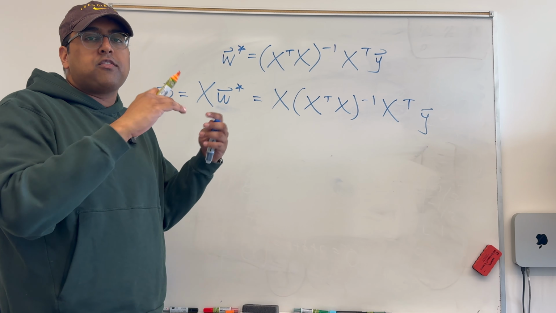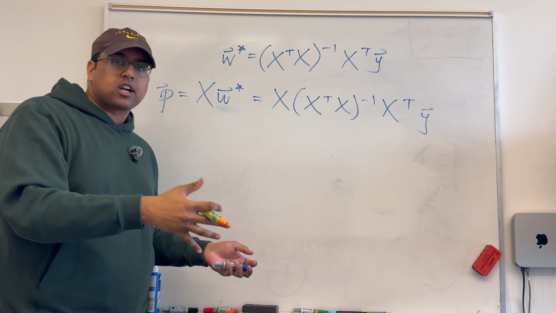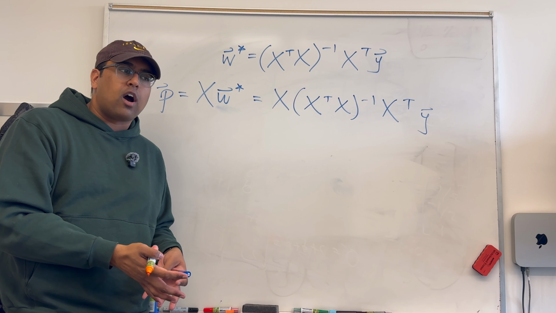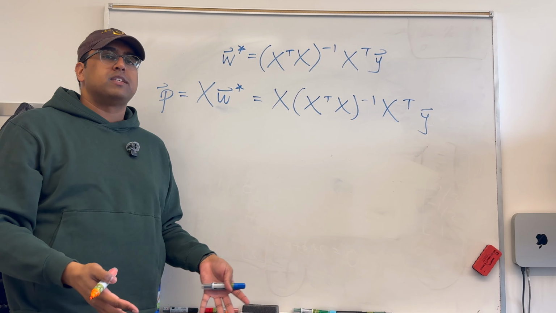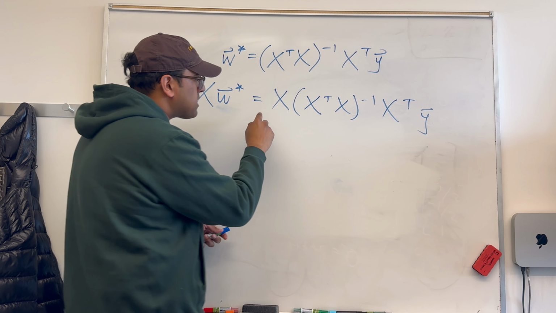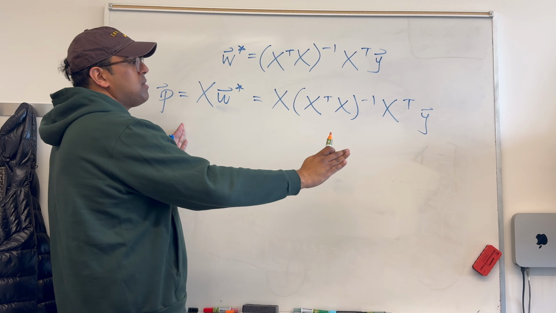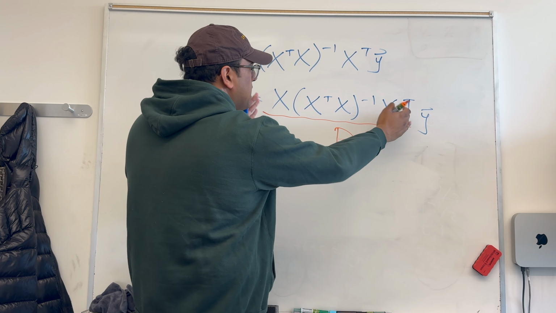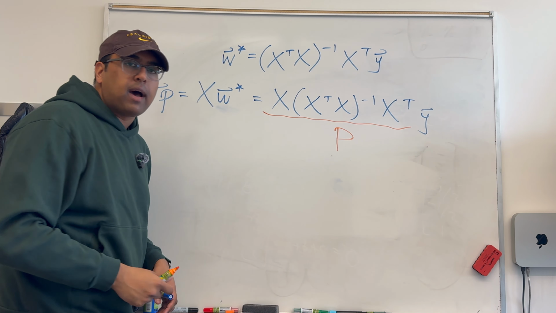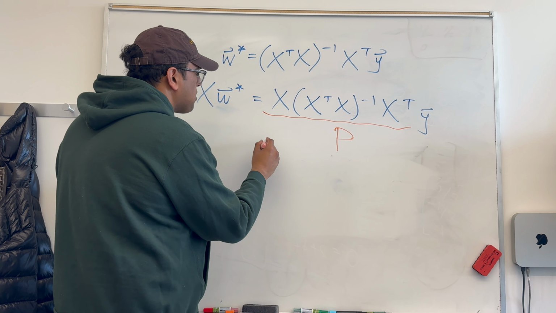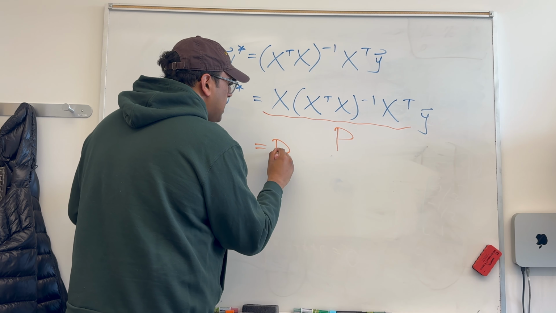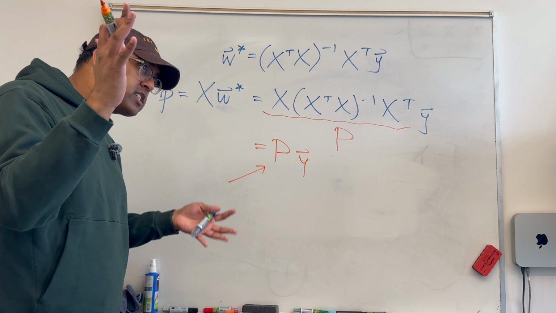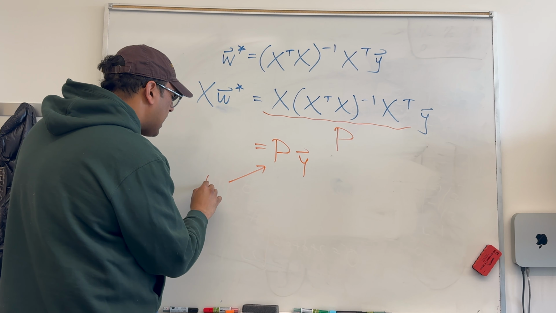So far, we've thought of this problem of projecting Y onto the column space of X as a question of how do I configure the right amounts of X's columns so that I make up Y as best as I'm able to. But there's another perspective. Notice, if I look at what's on the board here, this is really just some matrix, right? This ends up being a matrix that I'm multiplying Y by. What this means is that XW is equal to PY, which means I can interpret the act of projecting Y onto the column space of X as a linear